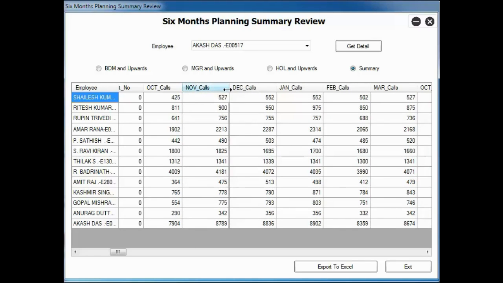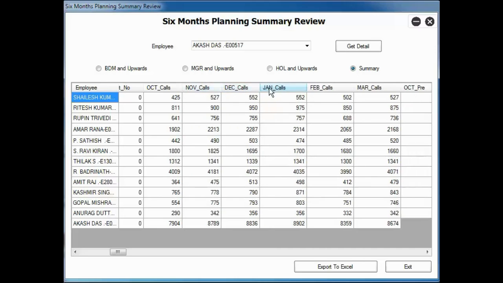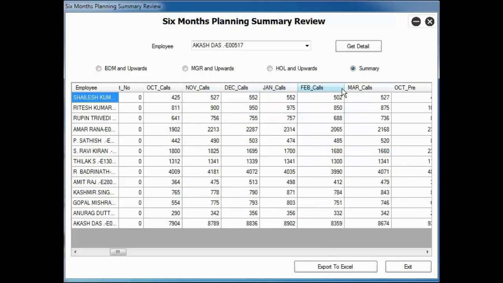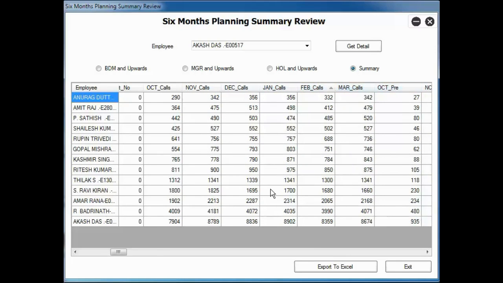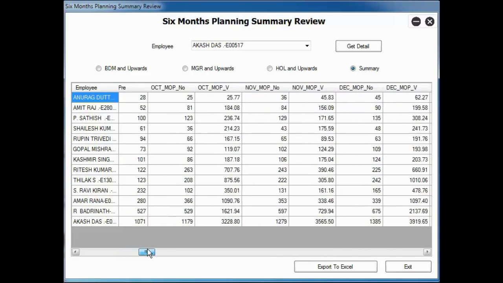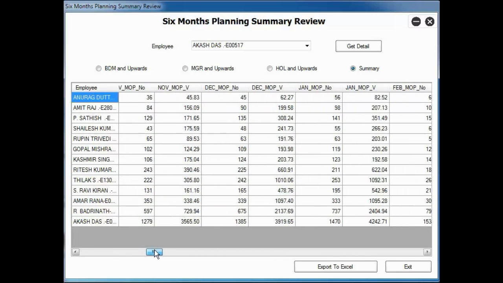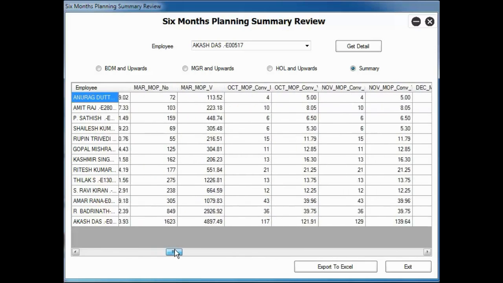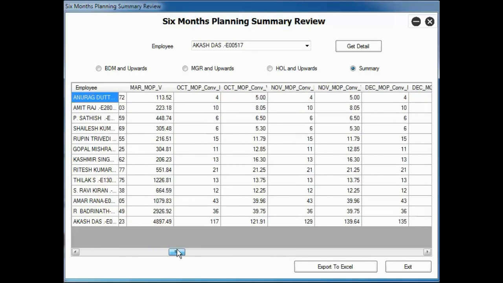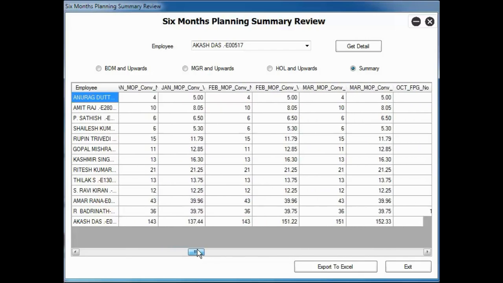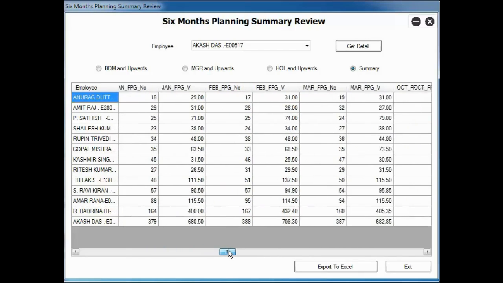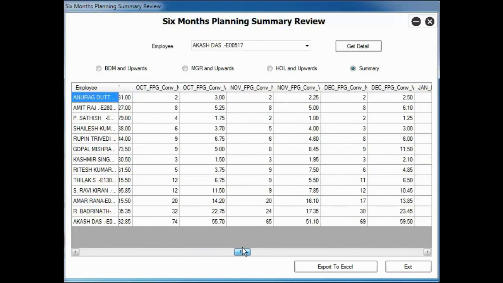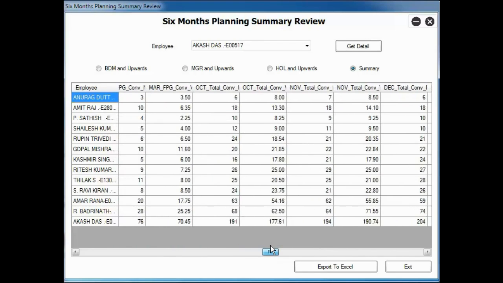So similarly, you have calls. I can make this shorter and get a better view. So this is how I will do it. So I have up to March. Then I go up to presentations the same way. And we'll keep moving from presentation to MOP numbers and values, from MOP number values to conversions. From conversions, I will move on to FPG number and values. From FPG number and values, I'll move on to conversions of FPG numbers and values, and so on and so